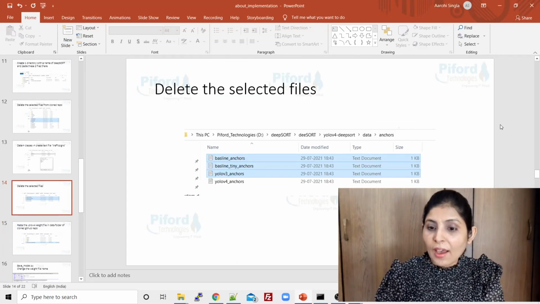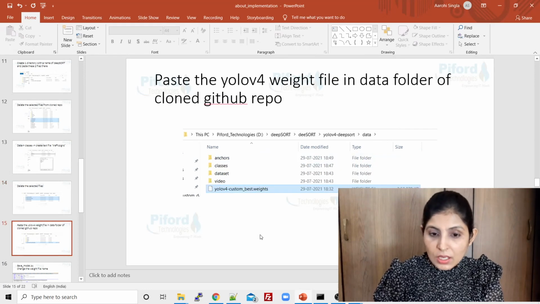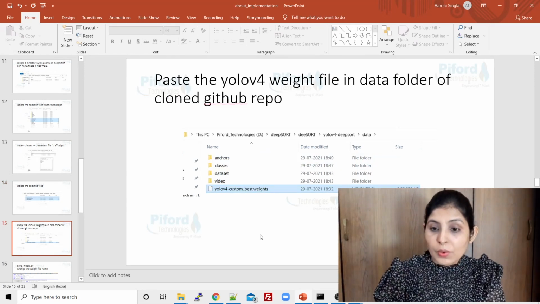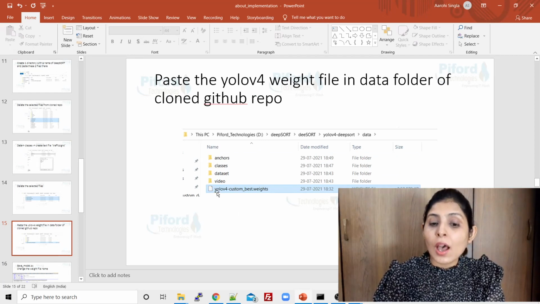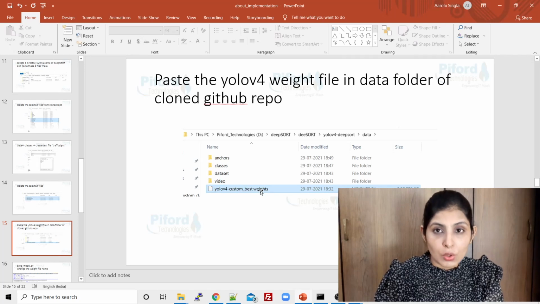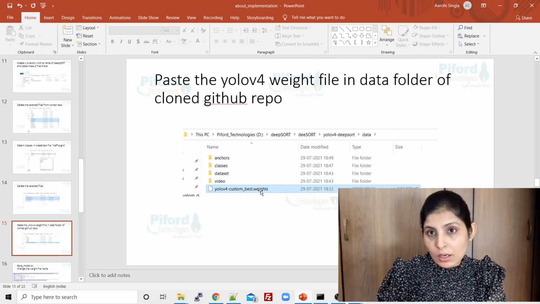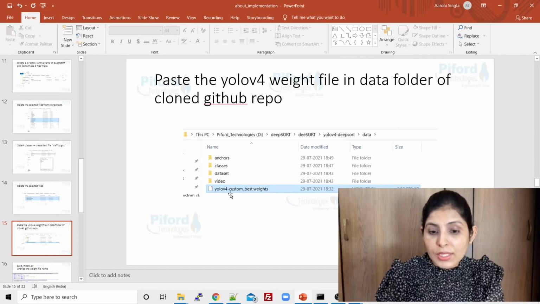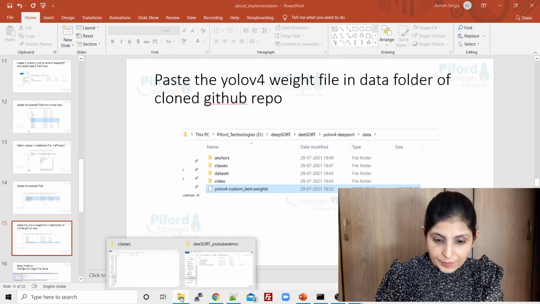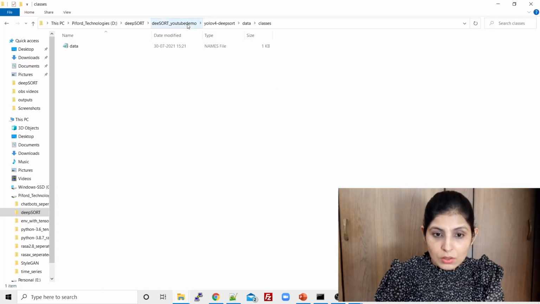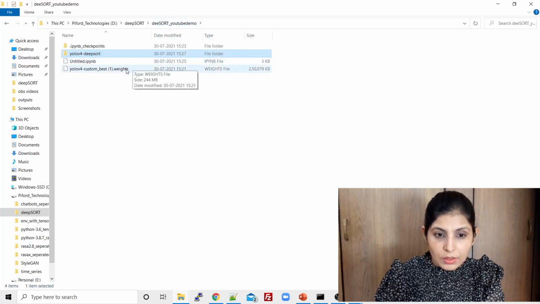Inside the data folder there is an anchor folder, and from the anchor folder we have deleted these 3 files. Next thing is you have to put the weight file which you have downloaded from your YOLO v4 object detector inside the data folder over here. So let's do that. This is the weight file.